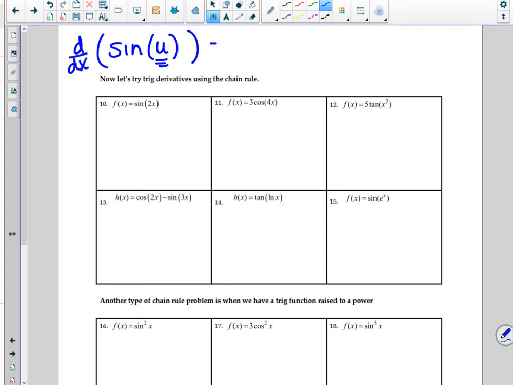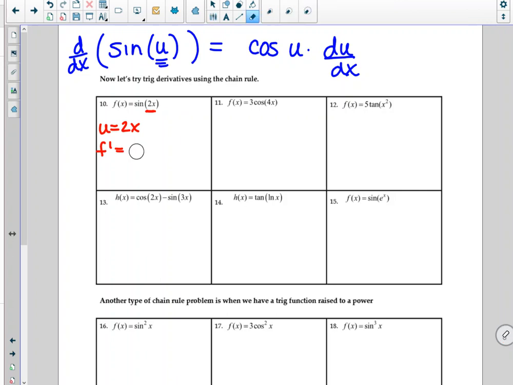We typically talk about that the derivative of sine of u is cosine of u times the derivative of u with respect to x. So the idea of that is that there is a sine of a function of the variable x. So like here with a u of 2x, essentially, when I take the derivative of the sine of that u, I'm going to get the cosine of that u, so the cosine of the same argument, 2x, times the derivative of that 2x,